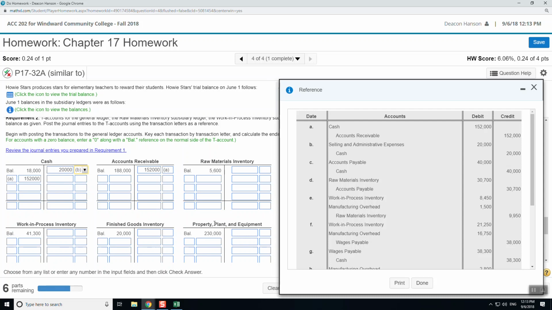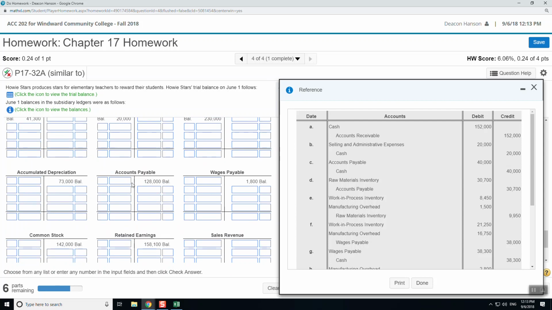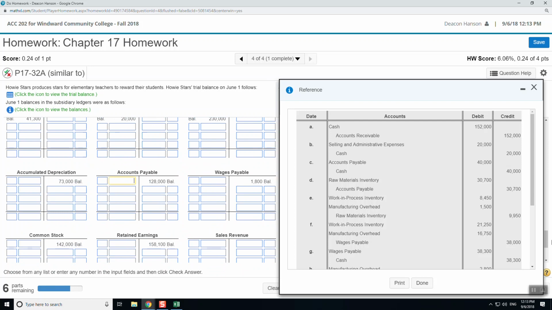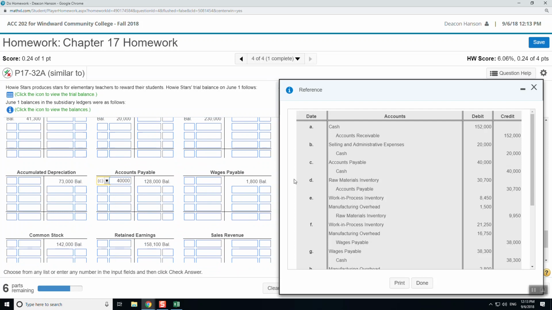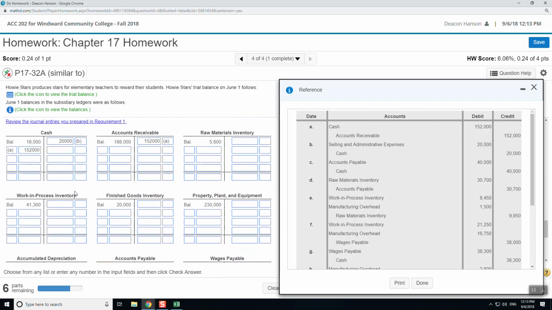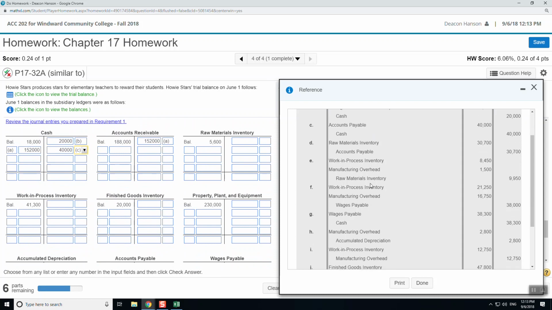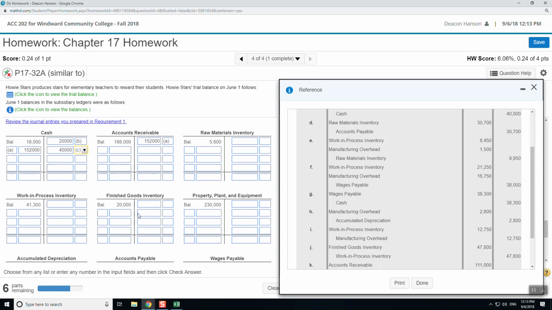Okay. Now C is accounts payable. See, accounts payable got paid off. So we got, well, some of it got paid off. 40,000 debit, C, and cash credit, 40,000, C. And then we kind of work our way down. Raw materials inventory got a debit, 30,700,